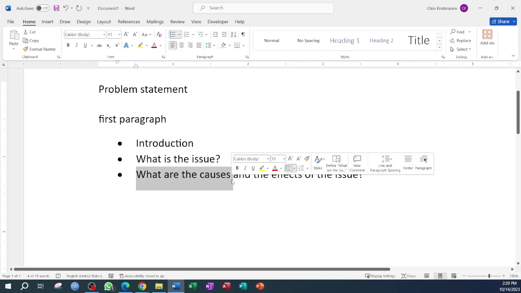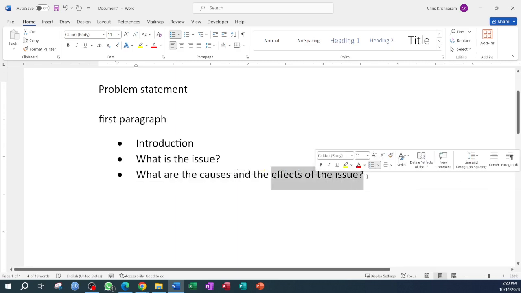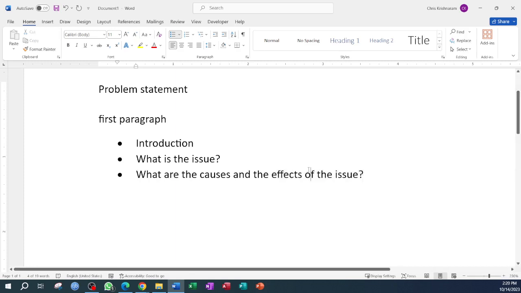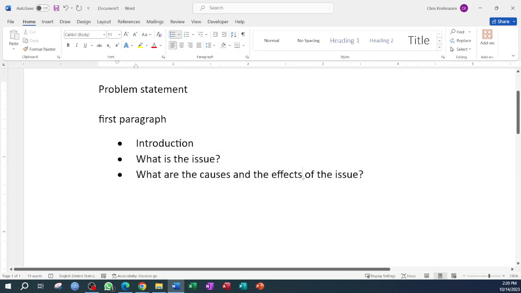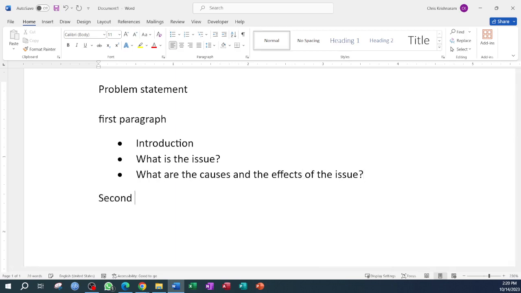Now, what are the causes? It causes the elections to be slow, outdated. People got to wait days to get results. What are the effects of that? People get angry, they get frustrated, they start to riot. So that's your first paragraph there. Any questions? No, sir. Now, your second paragraph,